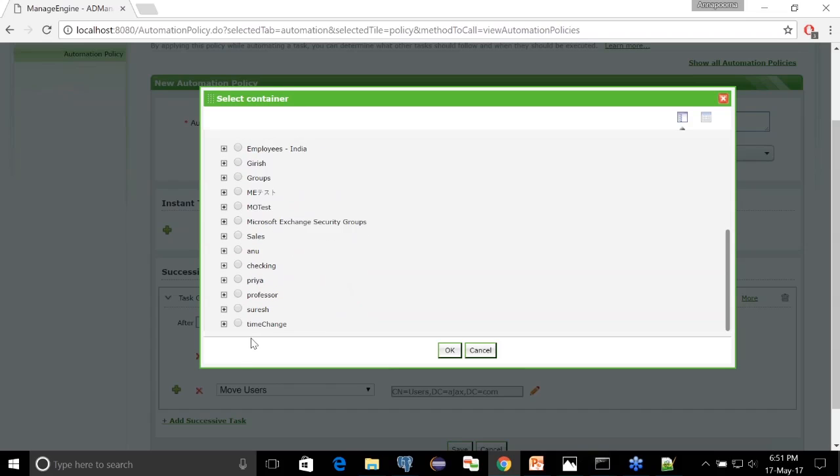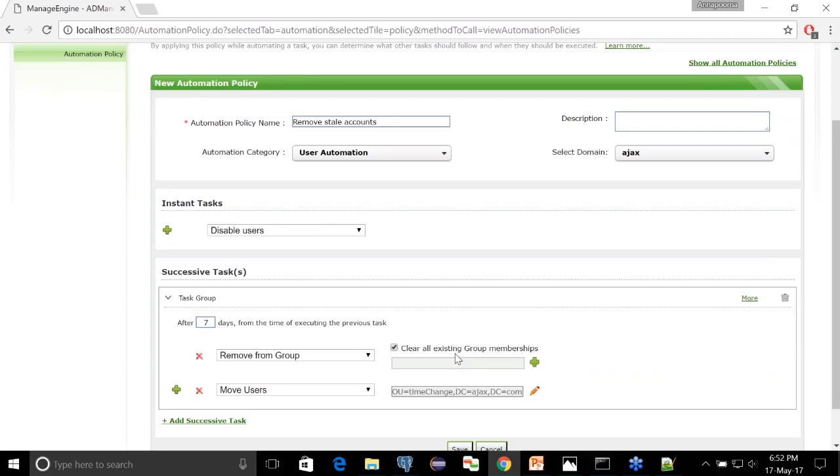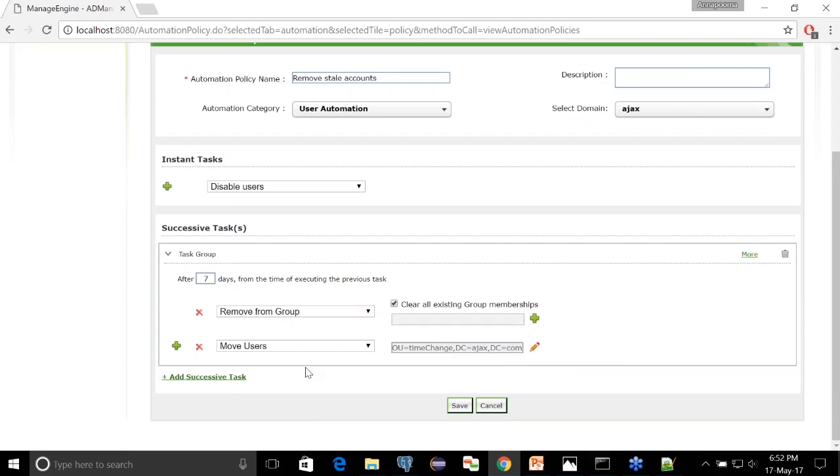And once this successive task is done, once I remove the group membership, I want to move this particular user account to another organizational unit. Then I'm going to choose another task, move users, and then click this pencil icon. So this will list all the organizational units present in your domain. So let's say I'm going to move it to time change and hit OK.